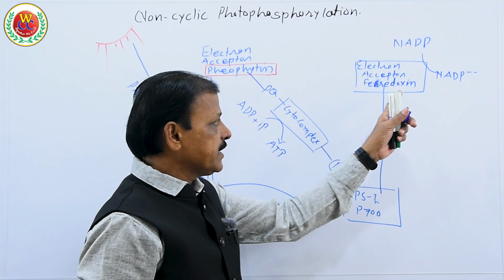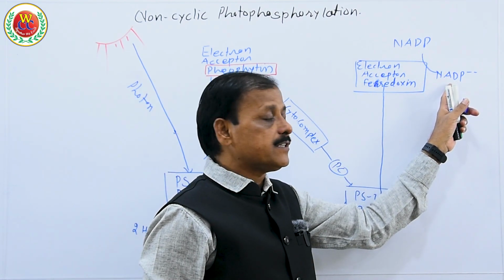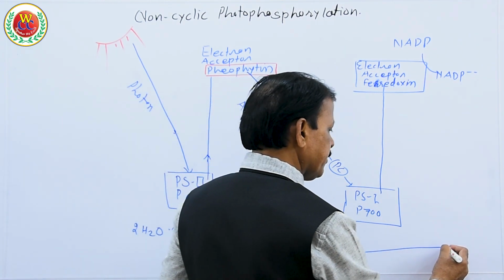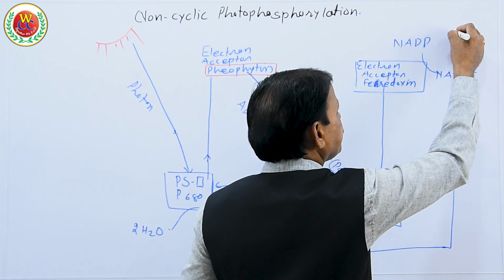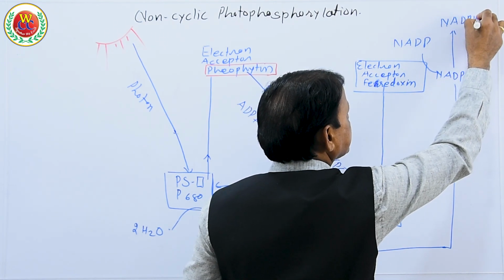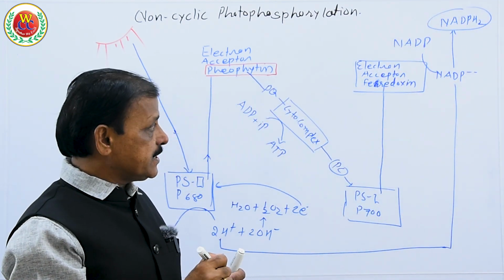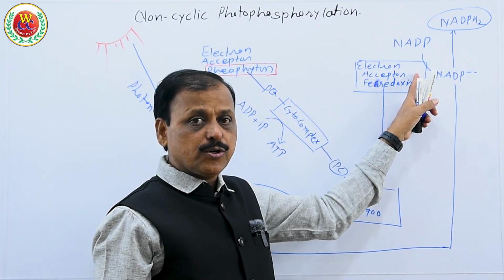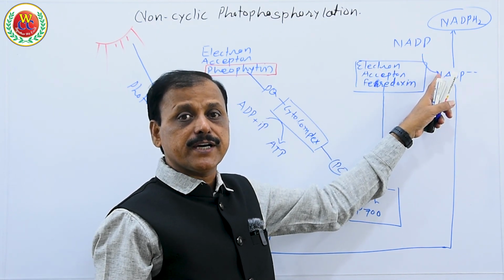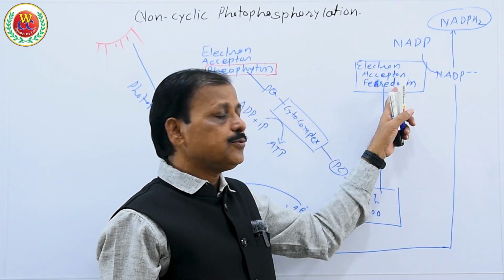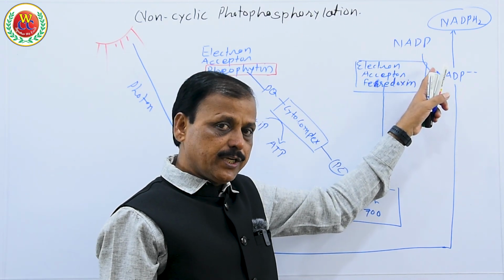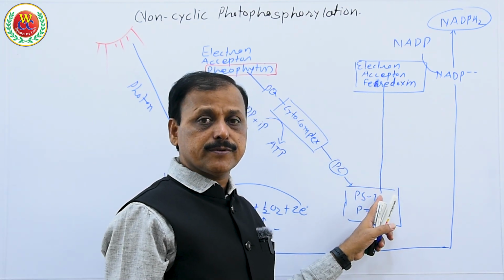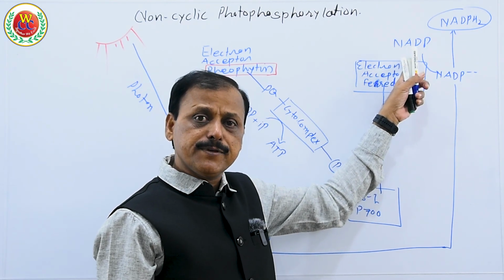ionization of NADP to negative ions. Here NADP got reduced, so that the hydrogen released by the photolysis of water combines with NADP and forms NADPH2. So the formation of NADPH2 is because of this electron acceptor, which has the redox potential to reduce NADP into NADP ion. So the electron released from PS1 is used for the ionization of NADP, and therefore it does not come back to PS1,